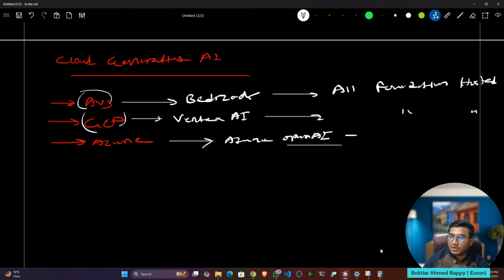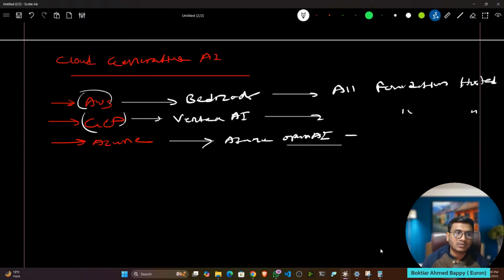Let's say you want to fine tune a model. Fine tuning a model is actually a very hard task, but you can also do it in an easy way. Only set some parameters, input your data, start the training. Training will automatically happen in the cloud, and once the model is ready, they will send you a notification, and you can instantly do inference on top of it. That much easy it is.